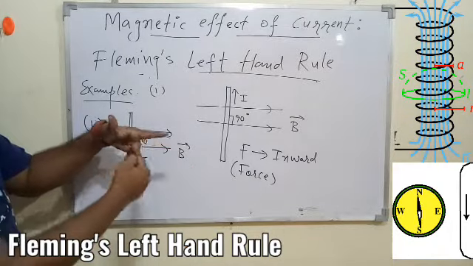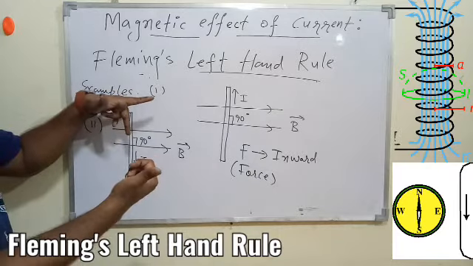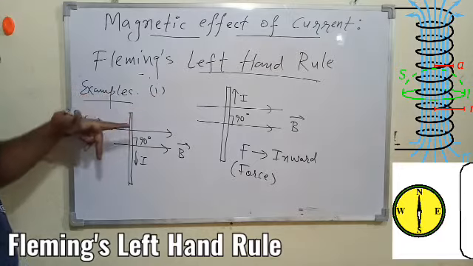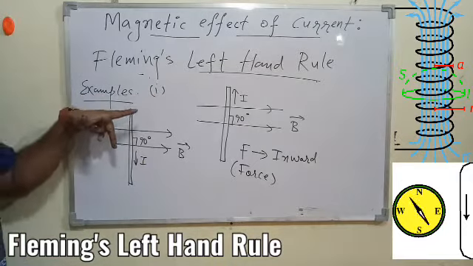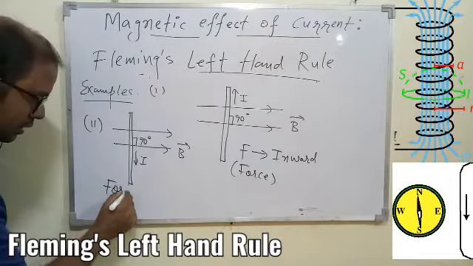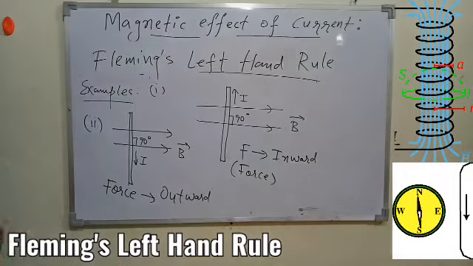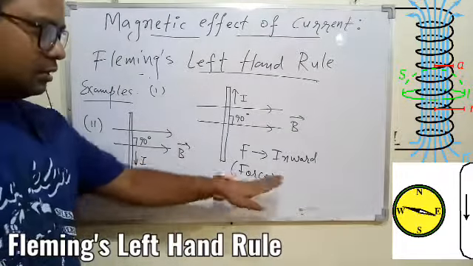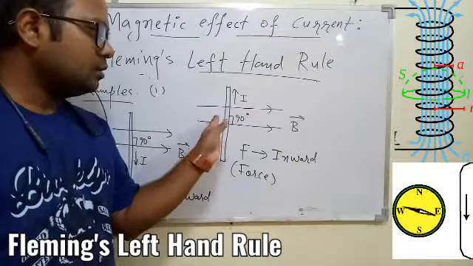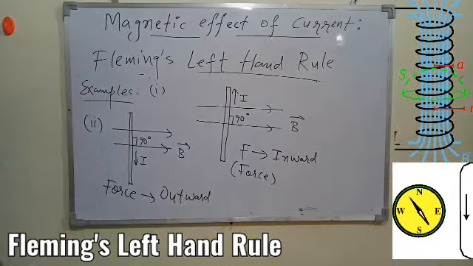So now in this case what we have, magnetic field this way, current is downward now, and now you can see the thumb is towards you. Towards my camera, means it is out of the board. So it is understood here. In this case the force will be out of the board, so we can say force is outward. But it is perpendicular. The force will be perpendicular to the board in this case also. The only difference is in this case the conductor will be getting the force towards the board. Here it will be getting the force out of the board.